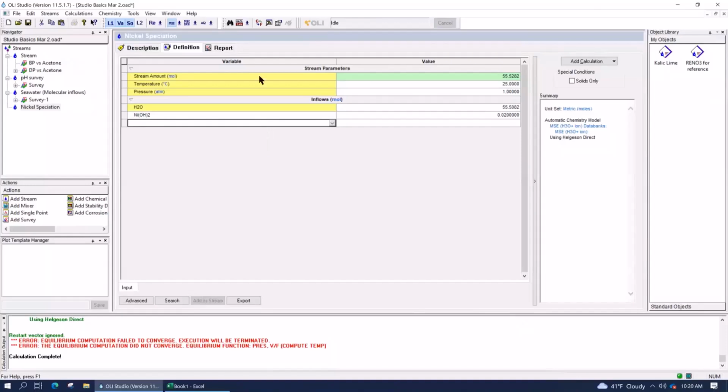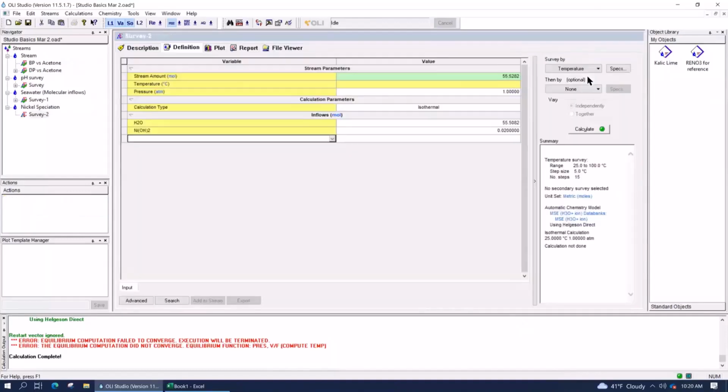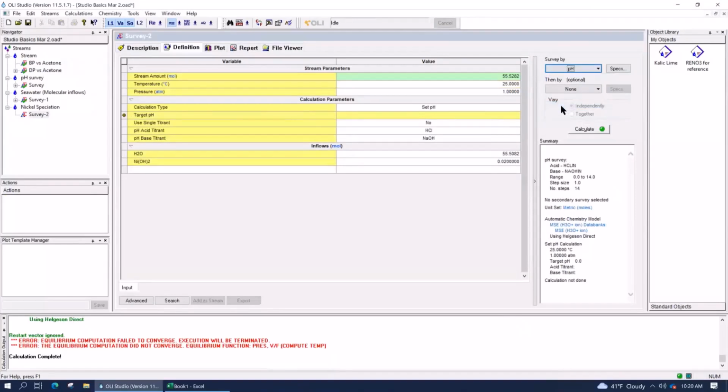And now you're going to add a calculation, and it's going to be a survey. The survey you're going to do is a pH survey. You've seen pH surveys before. We've done it already. So survey by pH. We already know what happens in the grid.